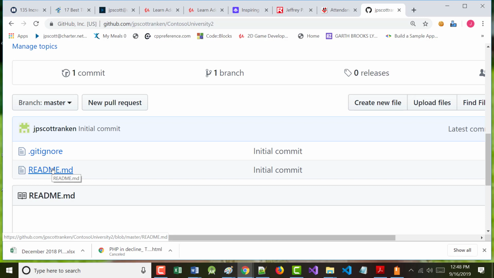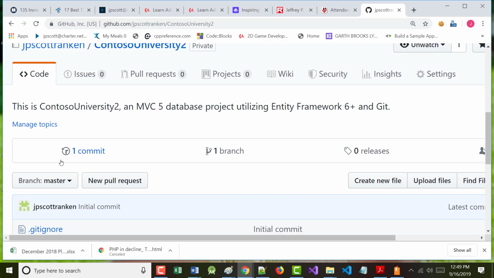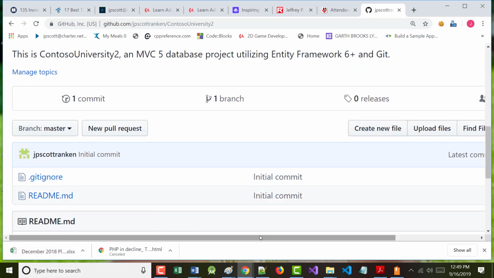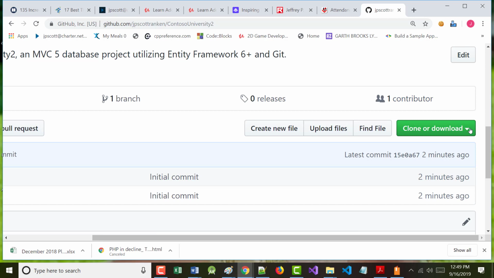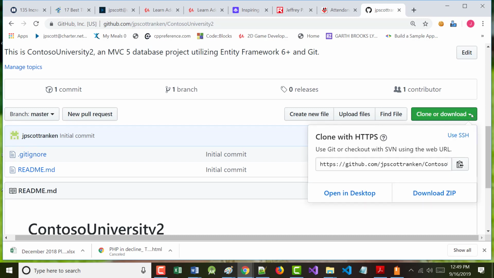Okay. So the next thing that we want to do is, as we talked about the other day, we are going to want to come over to here and choose clone or download. My screen's a little big, but you can see it now. Big green button here. I'm going to click down there. God bless you. And I'm going to grab everything that's here. Again, you can highlight it, copy it to the clipboard, whatever way is easiest for you. I'm going to click the clipboard icon right here to copy that, because we're about to clone this.